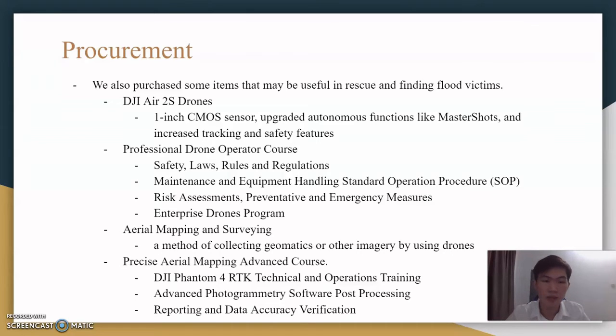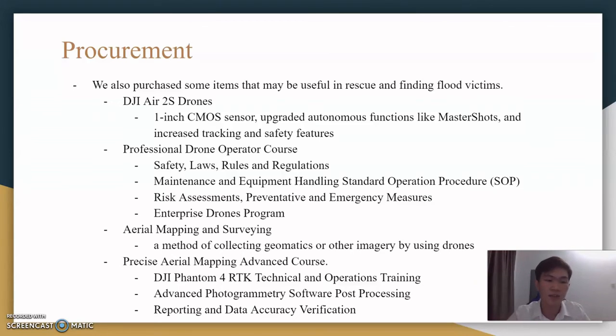It also teaches us to recognize the risk assessment, preventative and emergency measures required for UAS operations, and to develop an enterprise drone program with understanding of drone data, operation, and application. The third item we have purchased is area mapping and surveying, a method of collecting geomatics or other imagery by using drones.